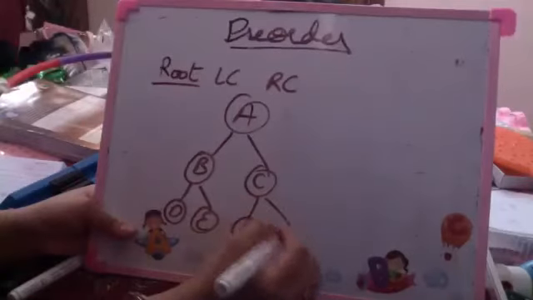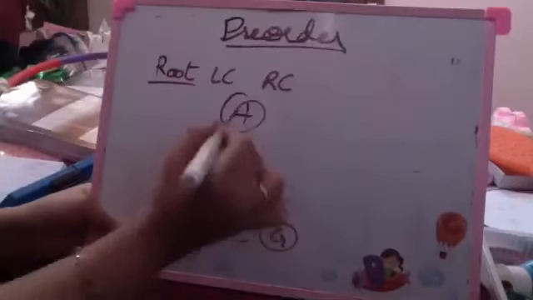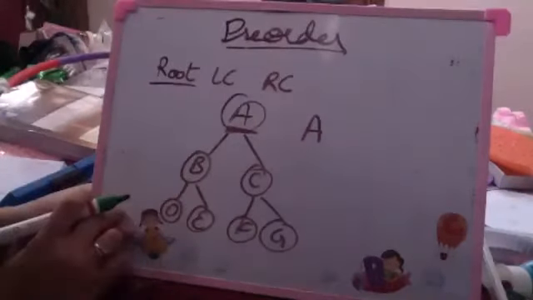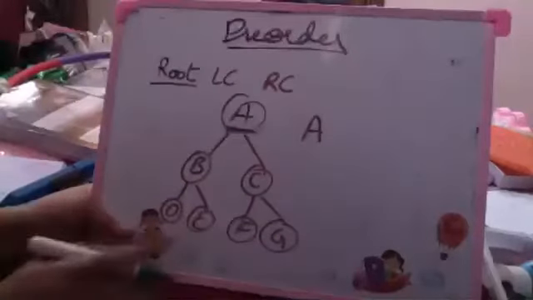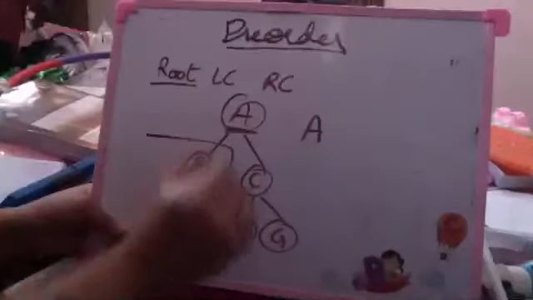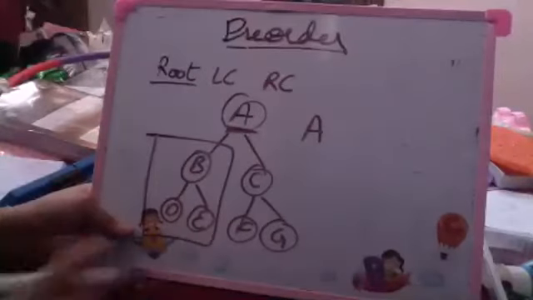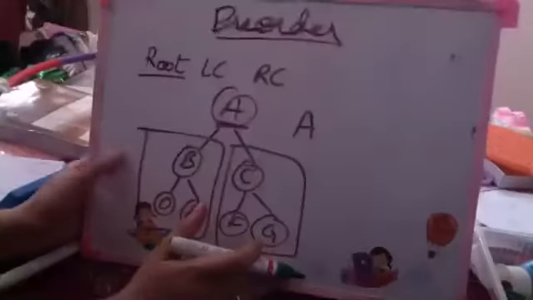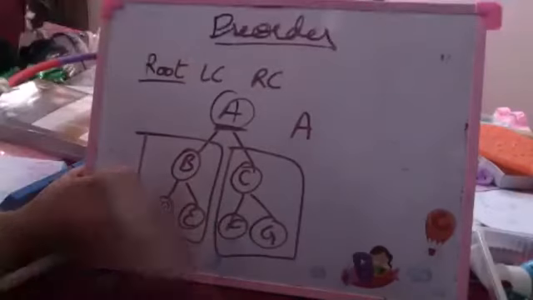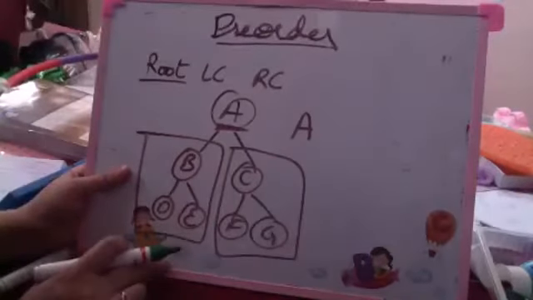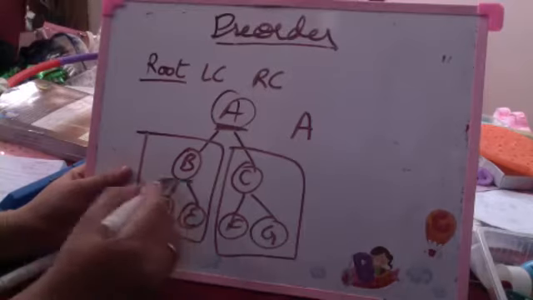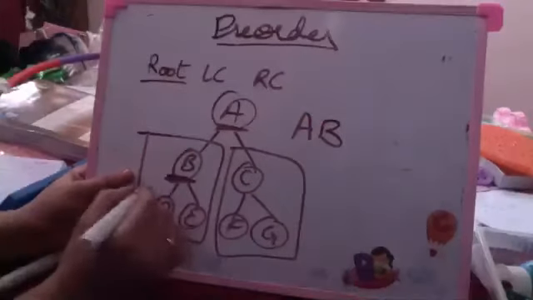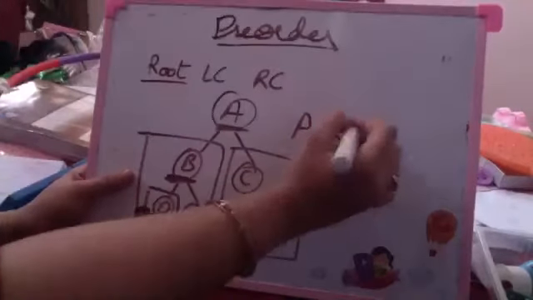and if I am going for a pre-order traversal, then I traverse the root, then I traverse the left subtree. Left child is a left subtree, right child is a right subtree. रूट को ट्रैवर्स करने के बाद पूरा लेफ्ट सब ट्री ट्रैवर्स होगा, पूरे लेफ्ट सब ट्री के बाद पूरा राइट सब ट्री ट्रैवर्स होगा. So after root I traverse the left subtree again in pre-order, again in a similar manner. So how do I do that? Again root is traversed and then the left and then the right side. So root is traversed, then the left subtree which is having a single node, then the right subtree.